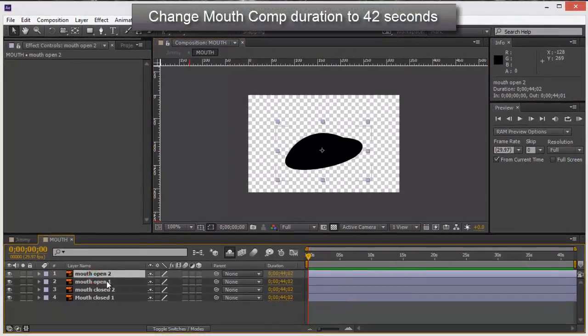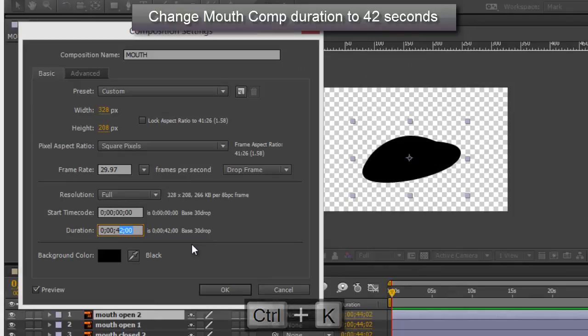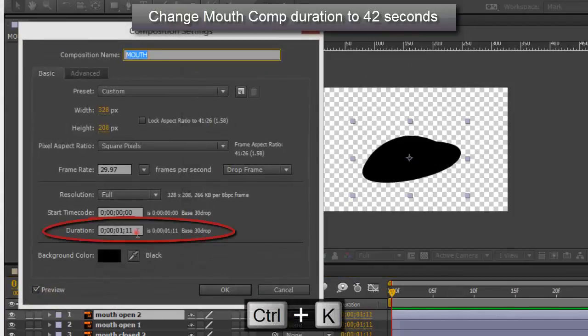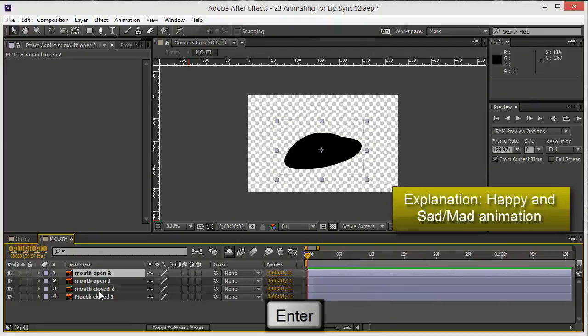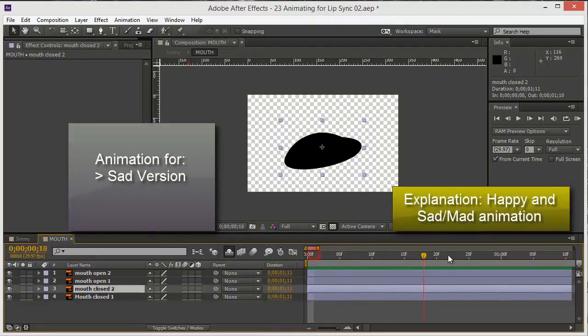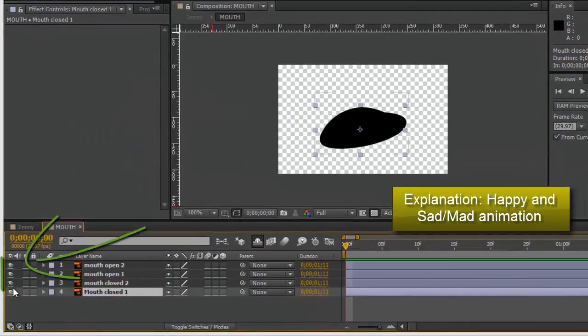Now, this is what we're going to do. We need this composition to last for 40 seconds. That's why I need it to be 41 seconds long. Whoa, I made a mistake, you see? It's 41.0. There you go. Now, this is what I want. I want an animation for the sad version, and an animation for the happy version. And you do that by